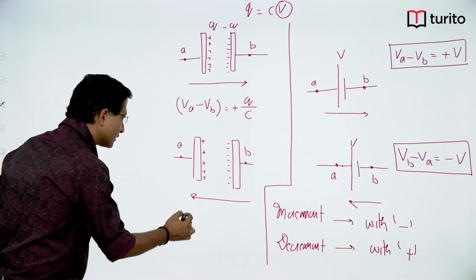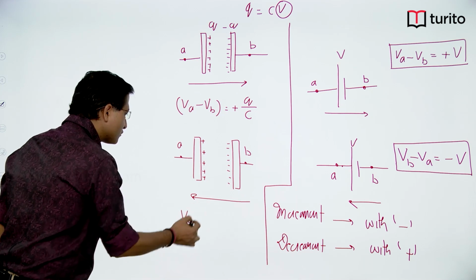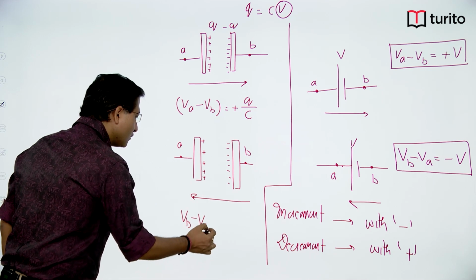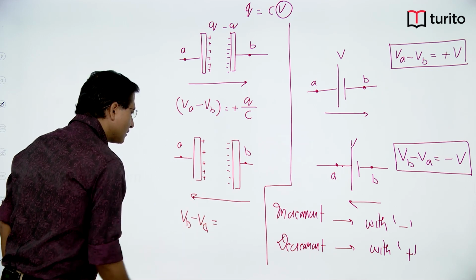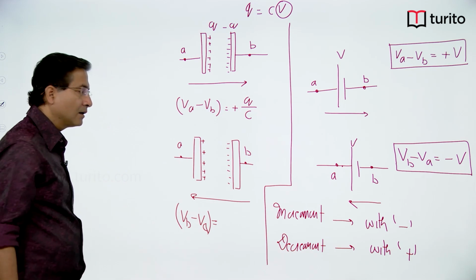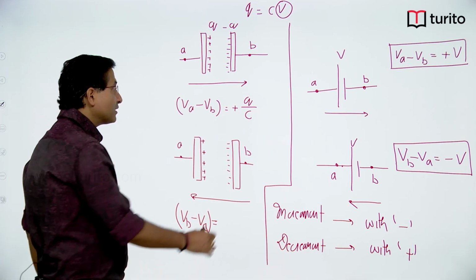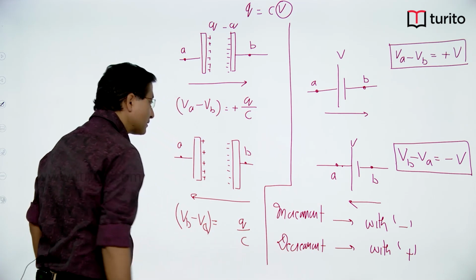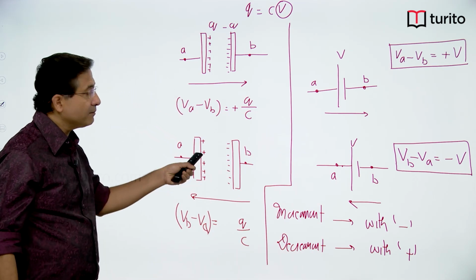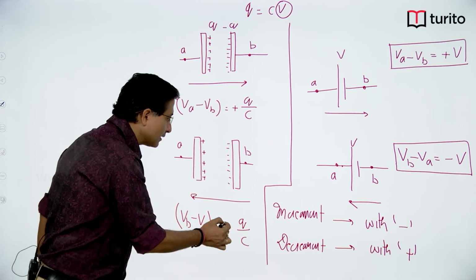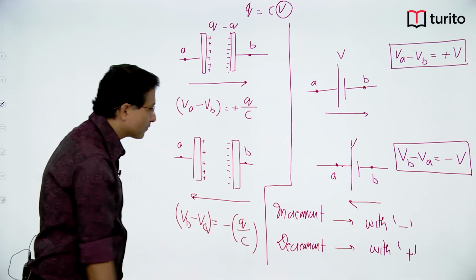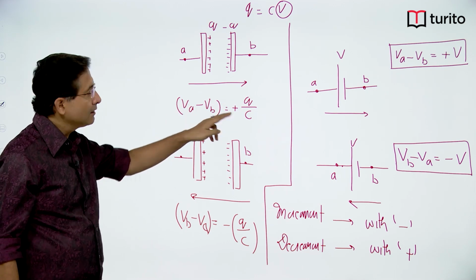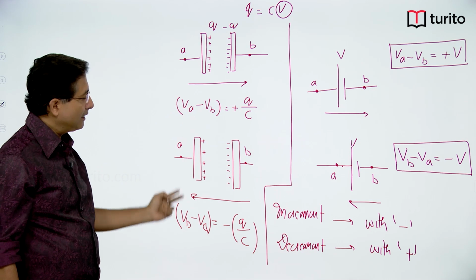Look at this situation. If you are moving this way, VB minus VC, VB minus VA. The potential difference magnitude is charge by capacitance, Q by C. As this is an increment, it is taken with negative sign. So obviously if VA minus VB is plus Q by C, then VB minus VA has to be minus Q